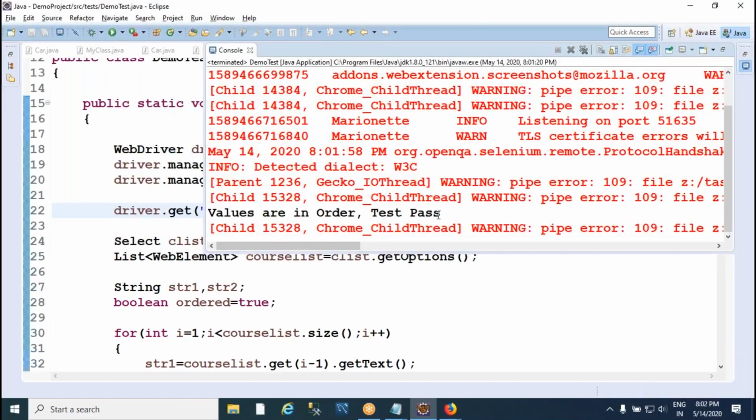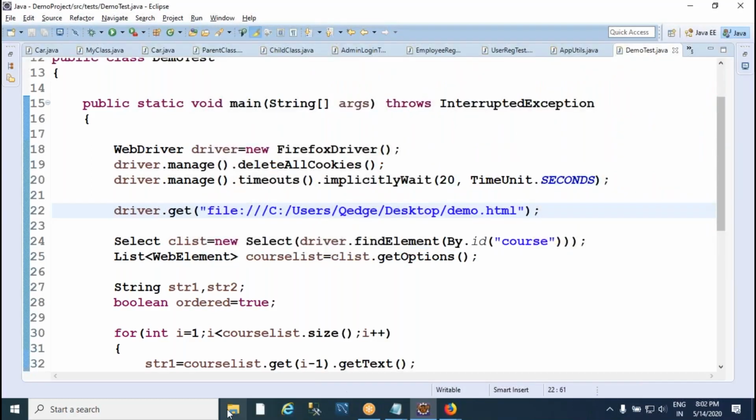Check, check. So values are in order. Values are in order. Test pass. We are getting test pass. Right? Now what I will do,